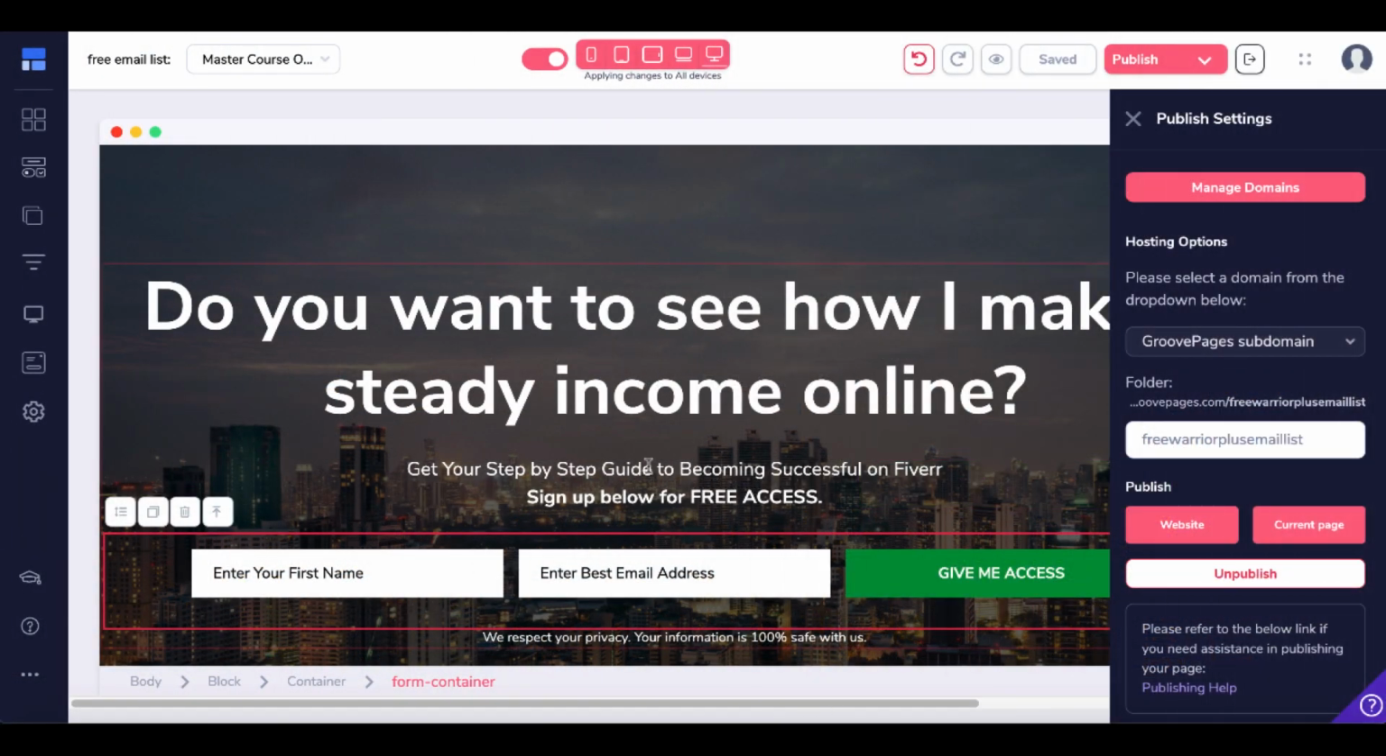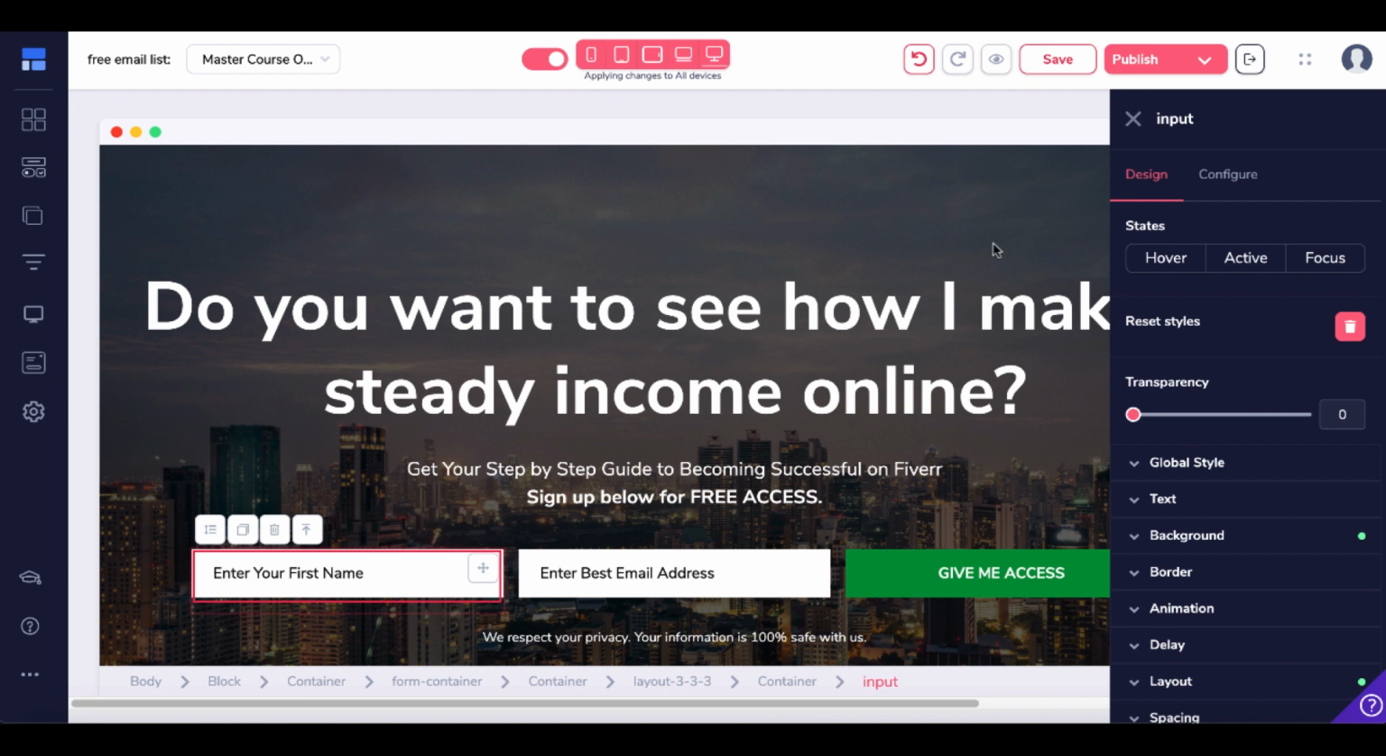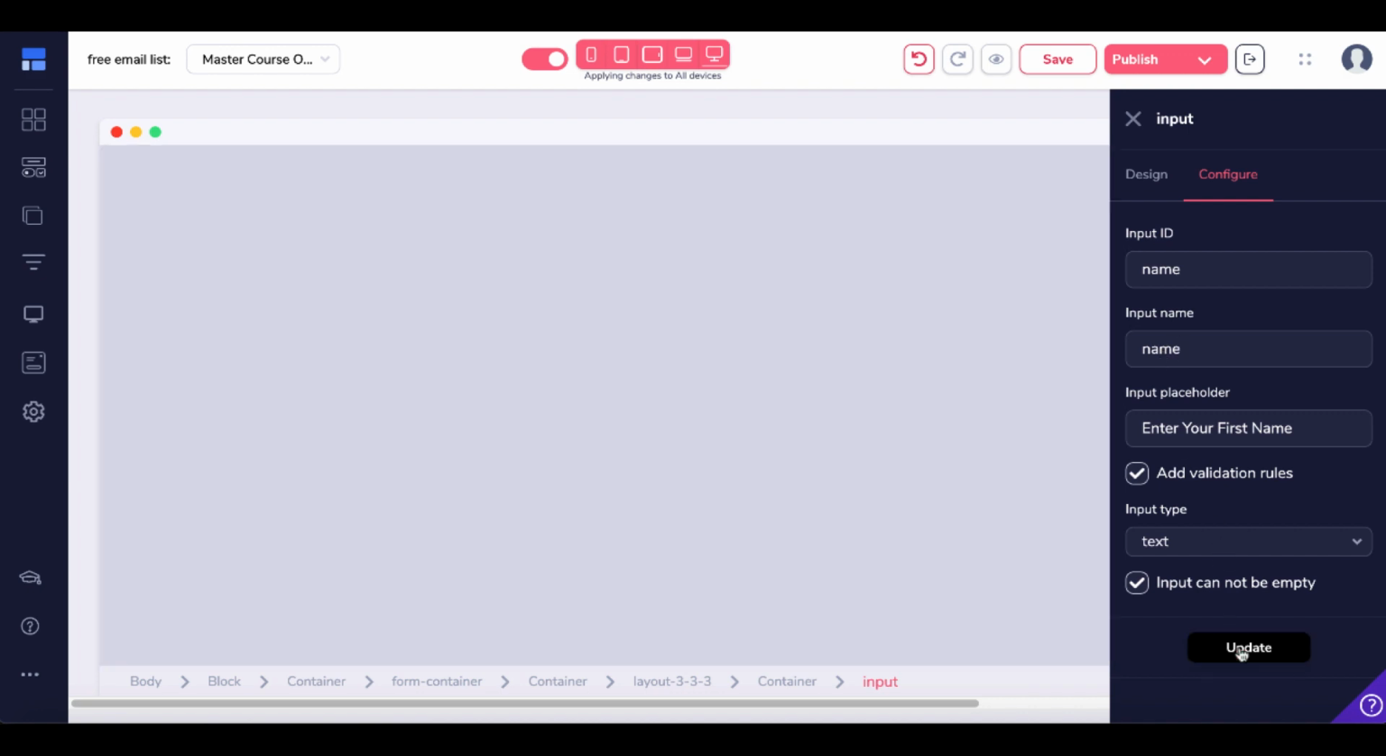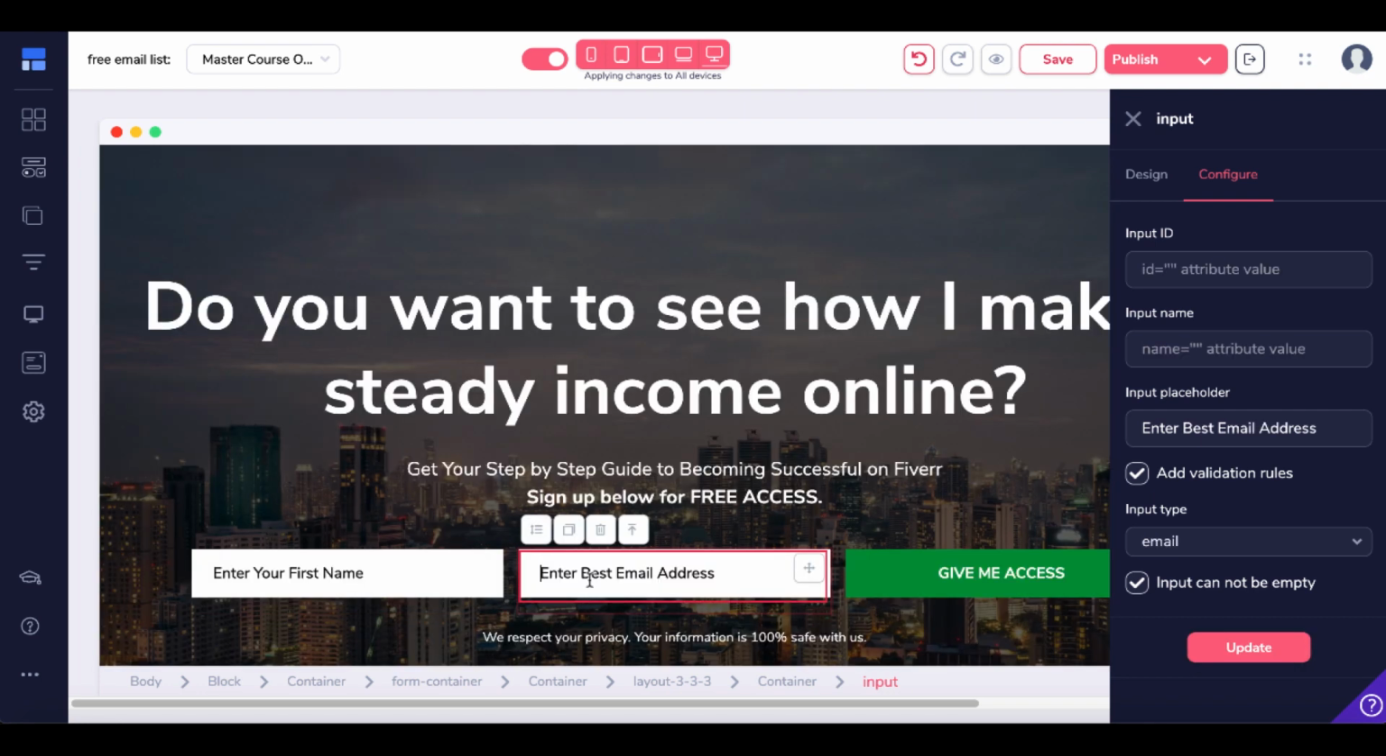To fix this, come back to GroovePages, select this input form, come over to configure, simply put in here name and name. This just tells Aweber that this is the input ID of name and the input name is going to be name. These are just variables that need to be passed from GroovePages to Aweber. Just do this and it will work. Select update. Move over to the next box. In this case, this is the input box where your email is going to be inputted. Come over to configure, type email,